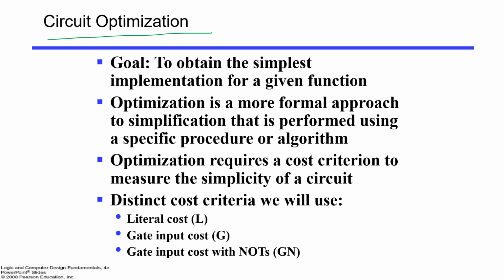So here we can say we have the cost criterion. How to decide the cost of the circuit? There are three different things that will decide the cost of a circuit. First is the literal cost. How many literals are there? We have seen previously that in min-term form we have 15 literals, but in case of sum of product we have 3 literals. So in terms of literals, min-term was less optimized, or you can say SOP was more optimized, right?